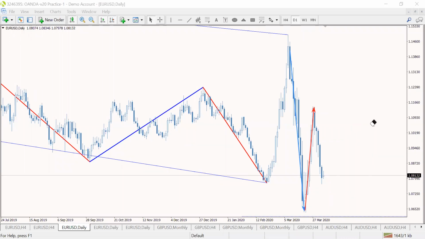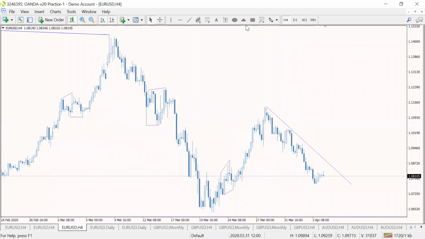here. Okay, so let's just deal with the first scenario, because the current data that we've got only allows us to deal with this first scenario that can unfold. So it's this scenario. This is the scenario that this week we are expecting this market to continue going down. Now we will go to the 4-hour time frame. On the 4-hour time frame, this is what we got.